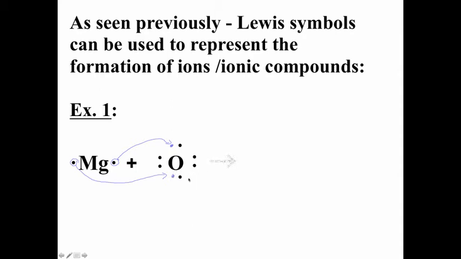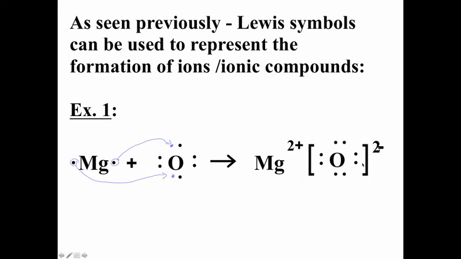And what ends up happening then is we have a magnesium. Now it's an ion because it no longer has its 2 valence electrons. And we have an oxide, which is also now an ion because it has 2 more valence electrons. And we have the magnesium oxide substance where the positive magnesium ion attracts the negative oxide ion. And that's how we could represent magnesium